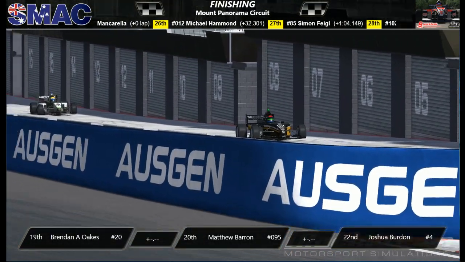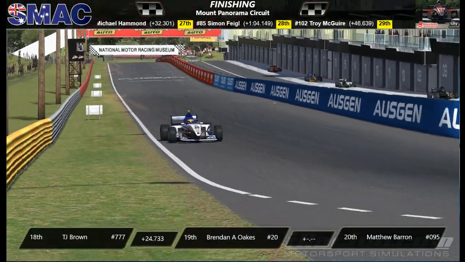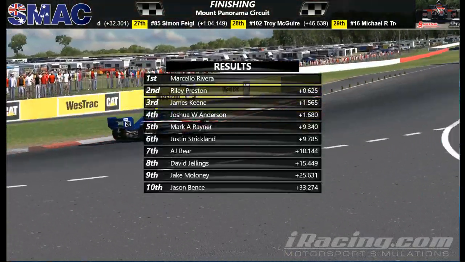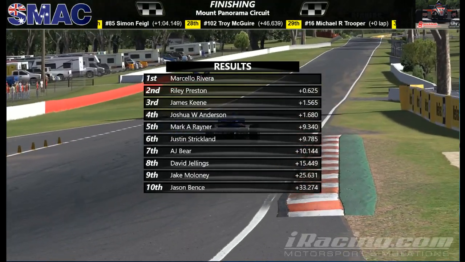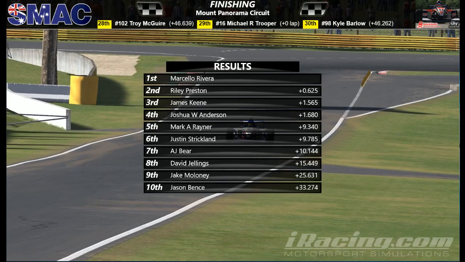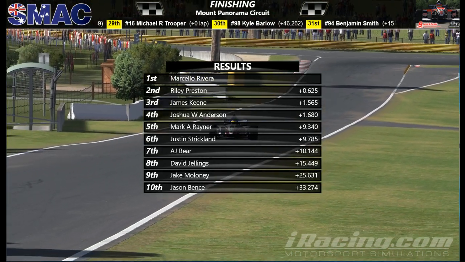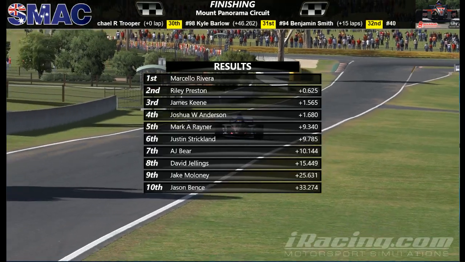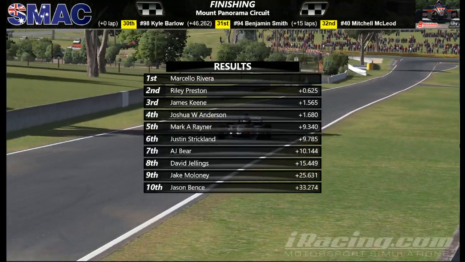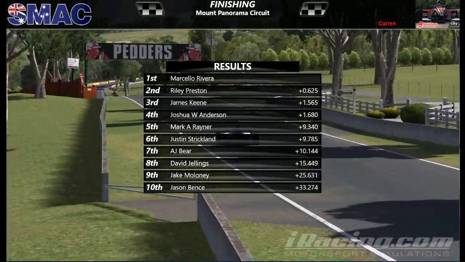And looks like Brendan Oakes was our last finisher, so I'll just quickly take you through the results. Marcelo Rivera takes the win tonight. In second place is Riley Preston. James Keane wraps up the podium, so it's an all ERA podium tonight. Josh Anderson, good result for him, coming home 4th. Almost got that 3rd position, with 1/10 of a second between him and James Keane at the end there,